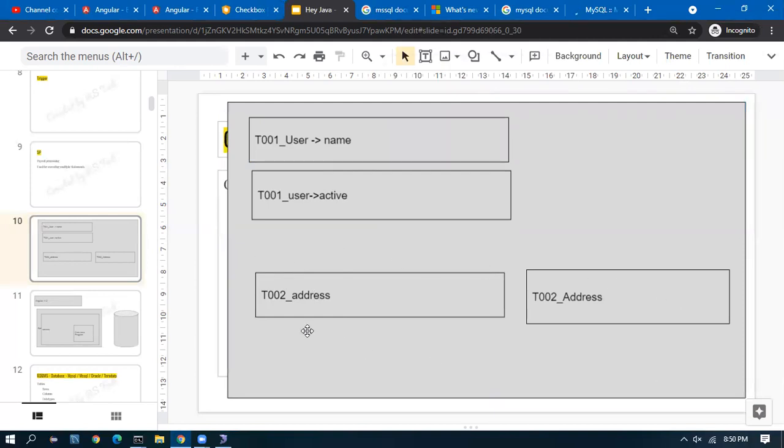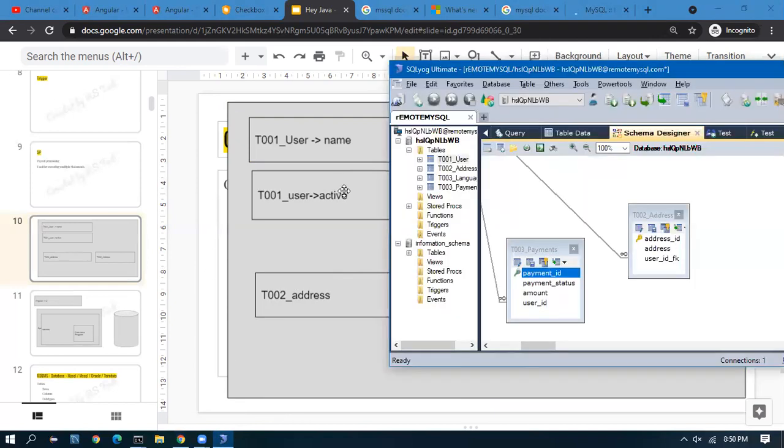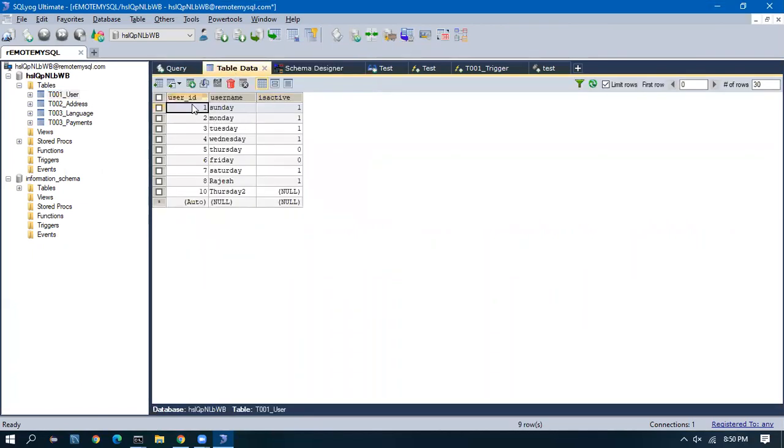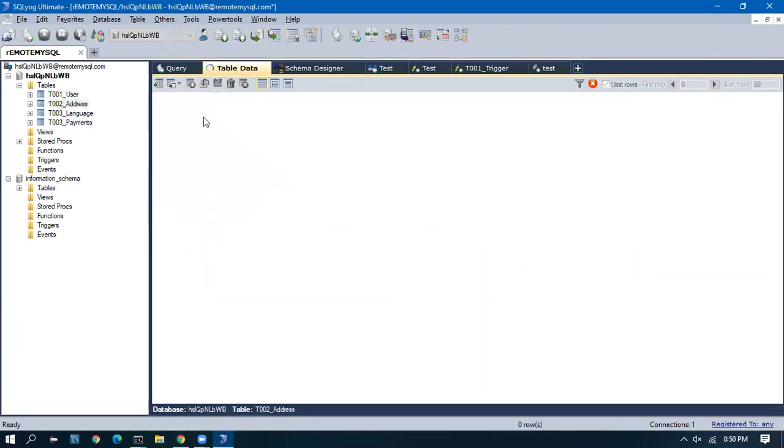The multiple addresses will be stored in the address table as multiple rows. That is why if we see the user row here, the user data is 1. But for this one, we have multiple addresses. We have 2 to 3 addresses. This is one to many and many to one.